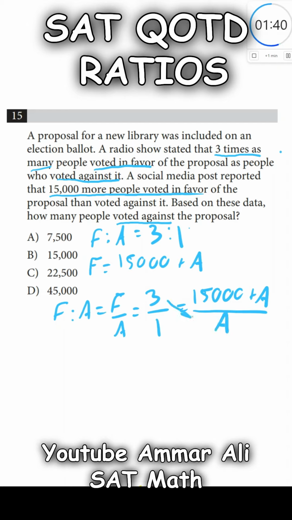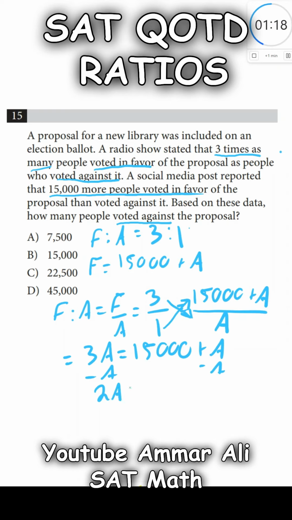Now we can cross multiply, right? So multiply 3 times A and then 1 times the quantity 15,000 plus A. So then we get 3A is equal to 15,000 plus A. I'm going to subtract A from both sides. We get then 2A is equal to